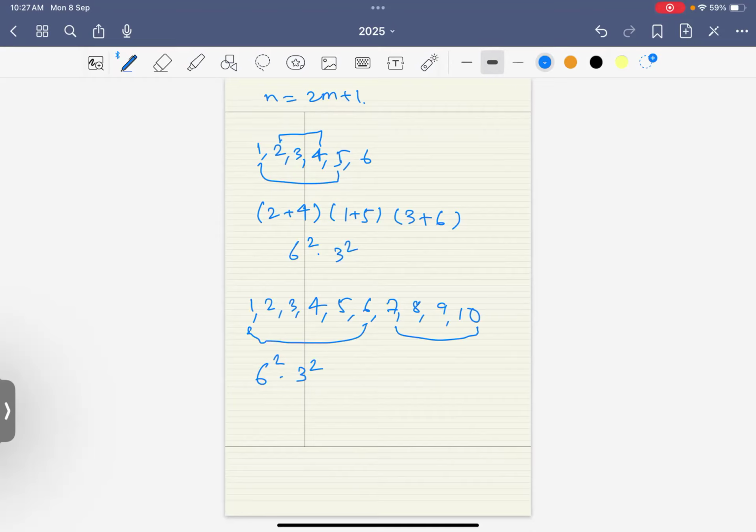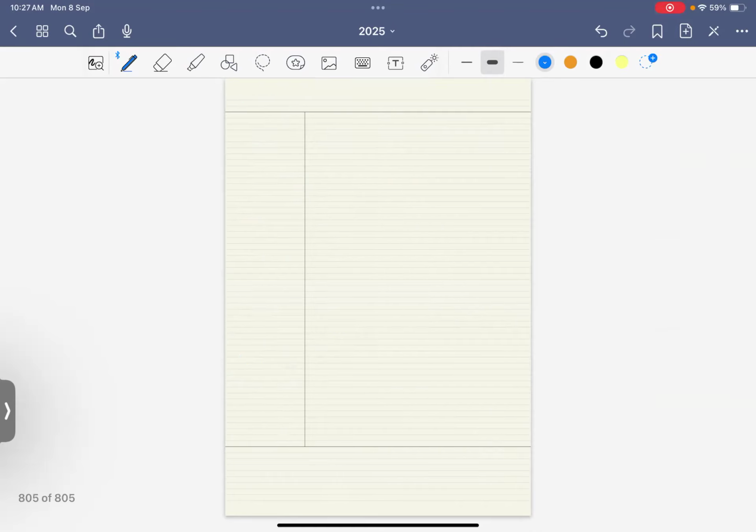अच्छा, ये कैसे आएगा? ये ऐसे आएगा दैट मैं इसमें 7 plus 10 into क्या कर दूंगा मैं? 8 plus 9, like something like that. Okay, so this becomes 17 squared into 3 squared into 6 squared, है ना? And we're done, because think about it कि अगर मेरे पास 4m plus 1 terms हैं तो मैं n की वैल्यू अगर कुछ ले ली है 2m plus 1 which is odd, तो 2n का मतलब क्या होगा मेरे पास? 4m plus 2।